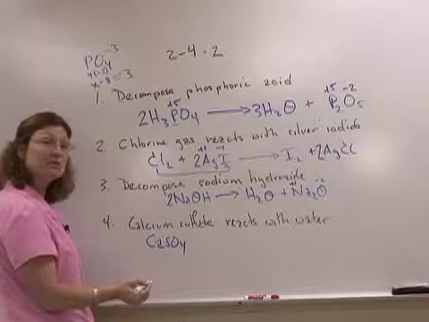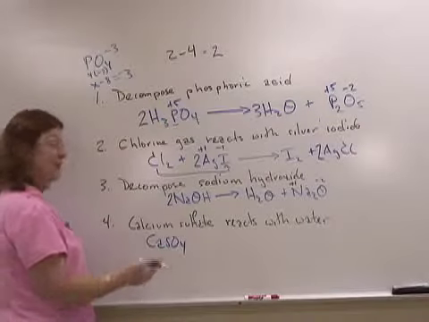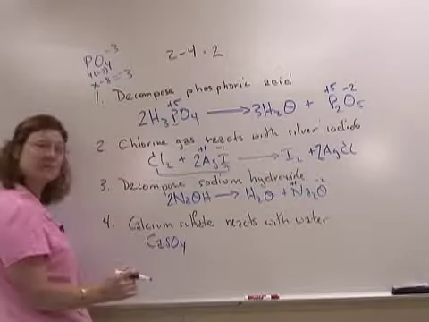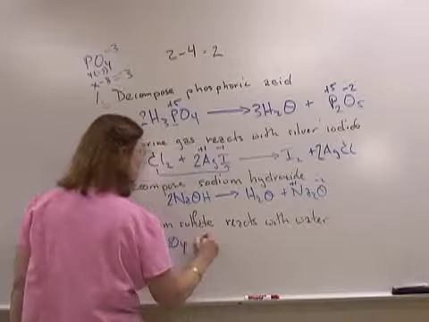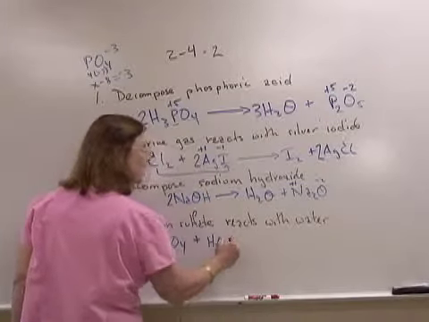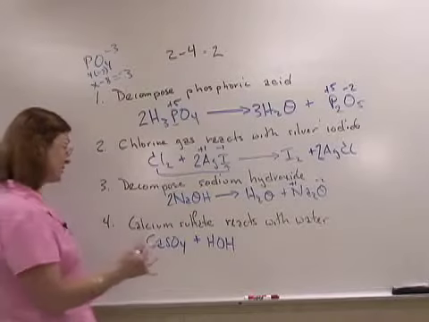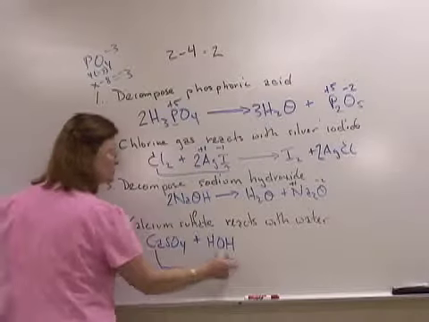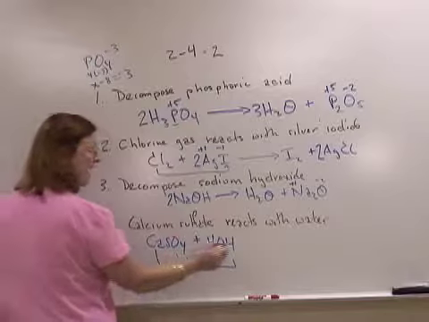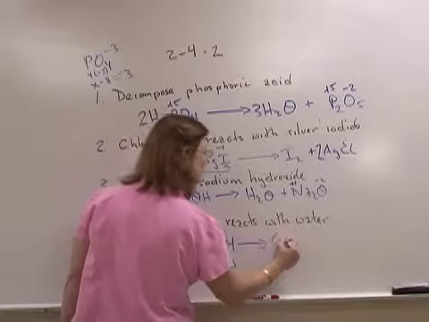Finally, we have calcium sulfate. Calcium is +2 and sulfate is -2. And that brings my compound to 0. Now I'm going to write water as HOH because it shows me that water breaks up to hydrogen ions and hydroxide ions. And now they're going to do the do-si-do. And I'm going to get calcium hydroxide